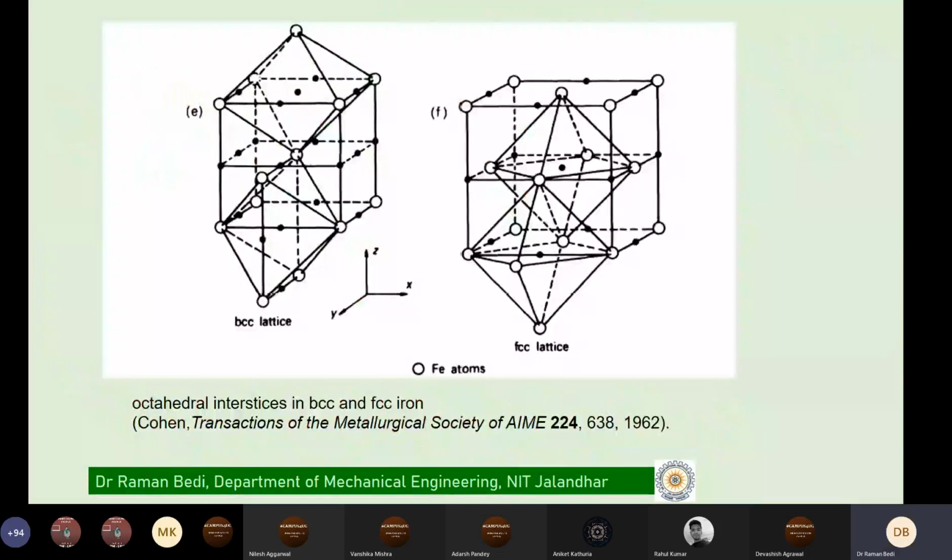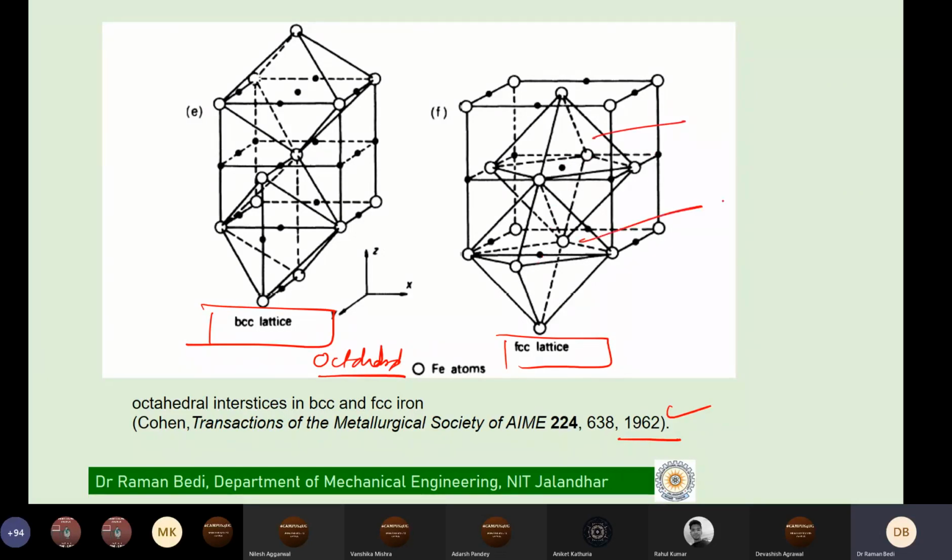And it's a similar figure that now we are trying to show, again a very old one I have picked up from 1962, where you find where the octahedral interstitials are. These are octahedral sites for your BCC and FCC iron. So we find here the octahedral sites for your FCC lattice are, you can see here, at the center of the unit cell and at the edges of the unit cell. So this is what is available to us here at the edges of the unit cell. Again, this was first published, not very long ago, but in 1962, around 60 years ago.